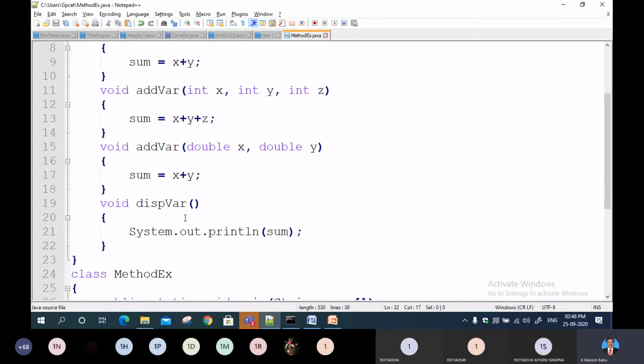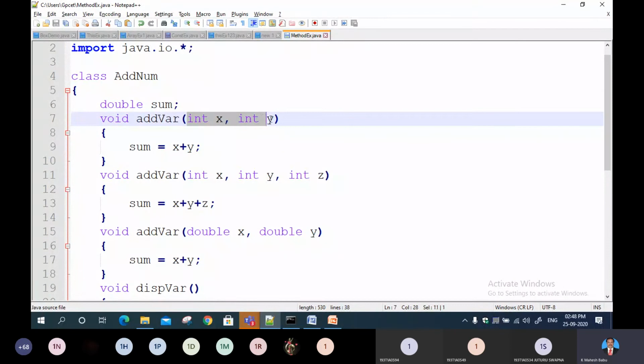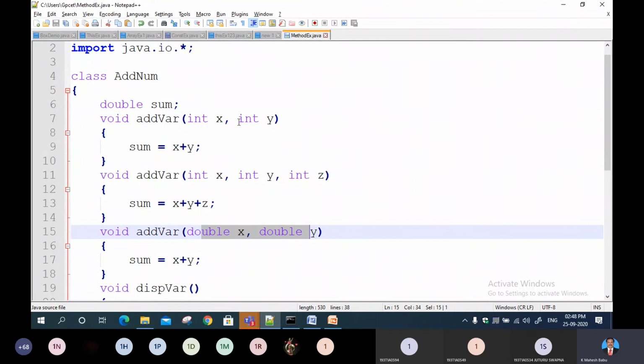Here, why did I convert to double? Just because of making this also accept two parameters. Here also it is accepting two parameters, but here it is accepting two integers and here it is accepting two double values. Two integers are added and assigned to a double variable, nothing will happen. Why? Because the larger memory can accommodate the integer memory. But here two double values are added and stored inside the double variable sum.